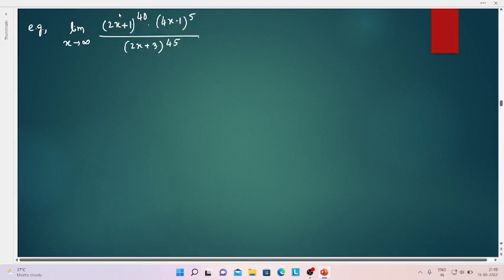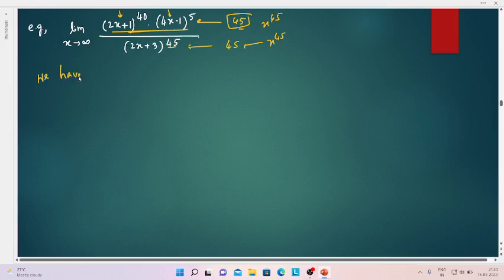Here you can see that the degree of this polynomial is 40 and the degree of the other polynomial is 5. When we multiply them, the degree of the total polynomial will be 45. Similarly, the degree of the denominator polynomial will also be 45. And if we multiply after expanding, we will get terms of degree 45, right? That means there is a term with x to the power 45 as the highest degree of the variable. So there is a term x to the power 45. So we have to divide